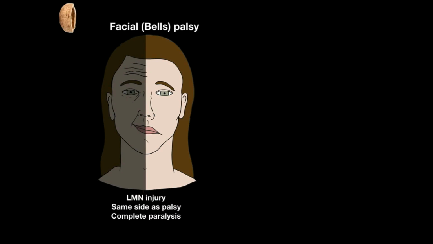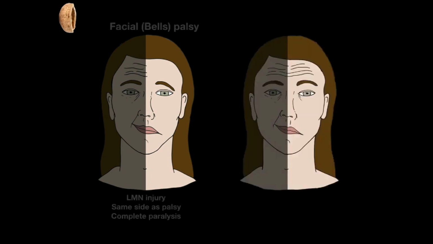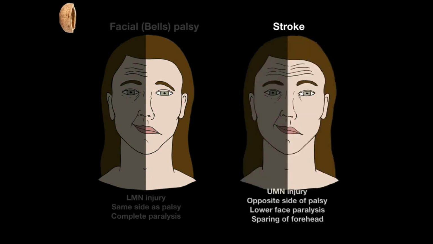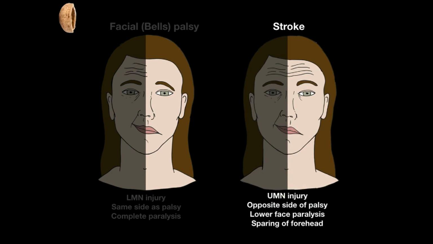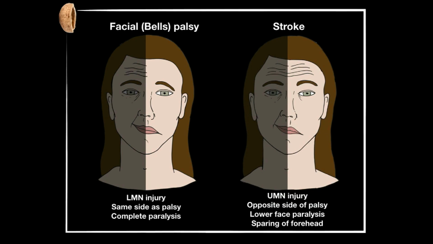Okay, let's have an in a nutshell moment now. Facial or Bell's palsy is a lower motor neuron injury on the same side as the palsy, with complete paralysis on that side of the face. In contrast, a stroke is an upper motor neuron injury, which is on the opposite side of the palsy, with lower face paralysis and sparing of the forehead. And that, my friends, is facial palsy and stroke